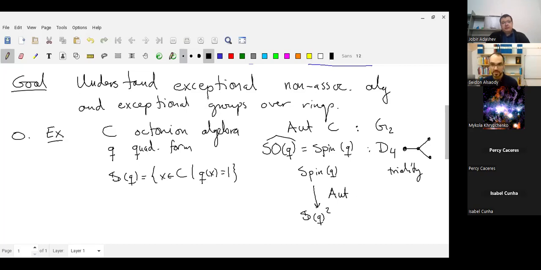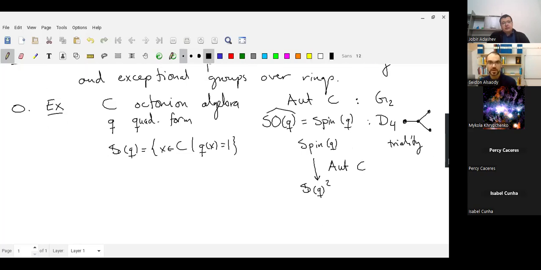So spin Q is a homogeneous space over S_Q squared, and the structure group is the automorphism group of the octonion algebra. This means that over every point of this space, you have a fiber that is some twist of this automorphism group. And so using algebraic geometry,